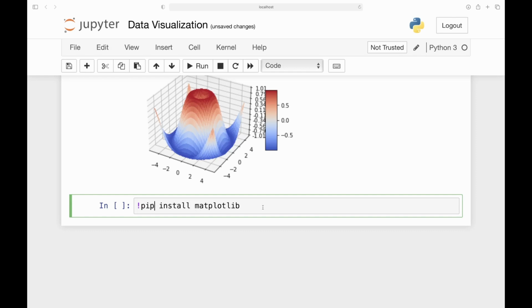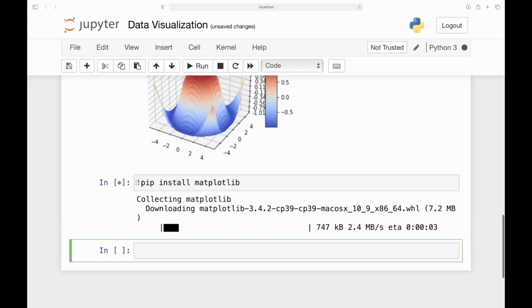So once I've typed that, I just hit shift and enter to run that, and you see it's downloading the